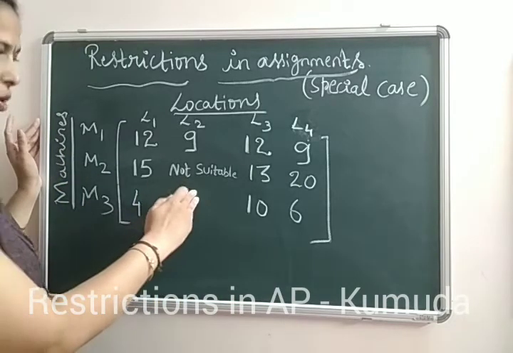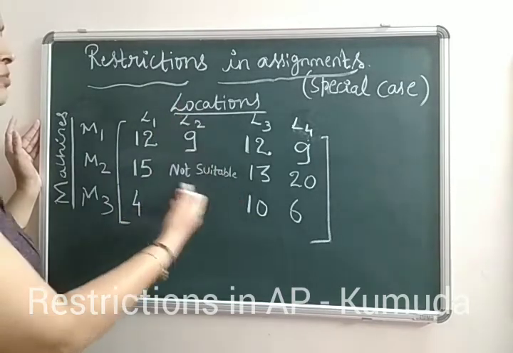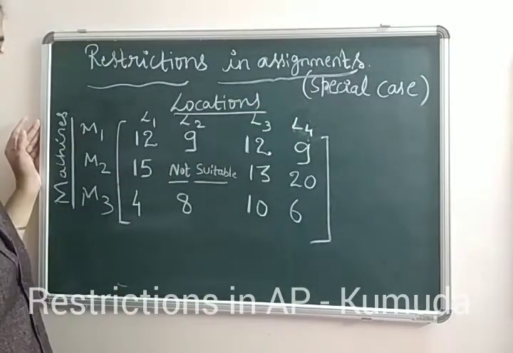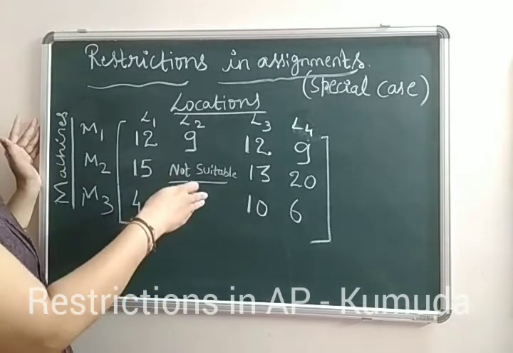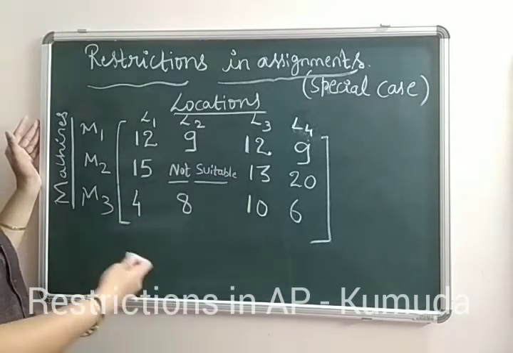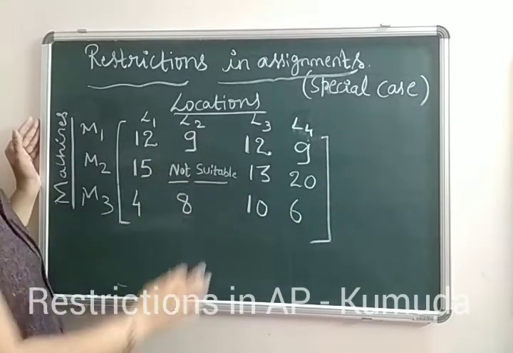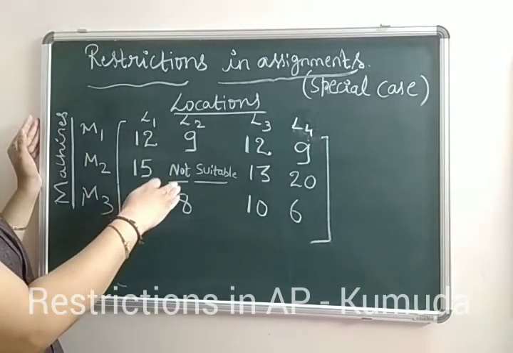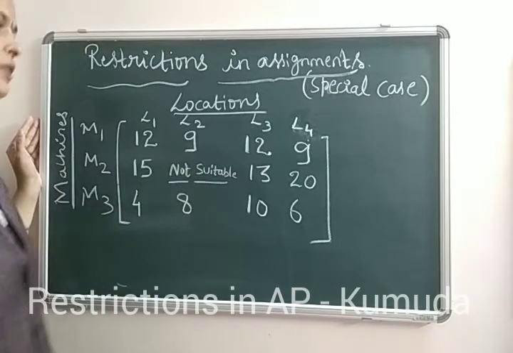So if there is a situation where you are not supposed to, or you are not able to perform that particular action, this becomes a not suitable situation or a restriction for your assignment problem. So if you have a situation where you are not supposed to or not able to put any value there, we just call it not suitable. And in the next step, we write all the other values and replace this not suitable condition with an infinity. So after you consider the problem and you know that you cannot install any system here, we replace this value with an infinite symbol.